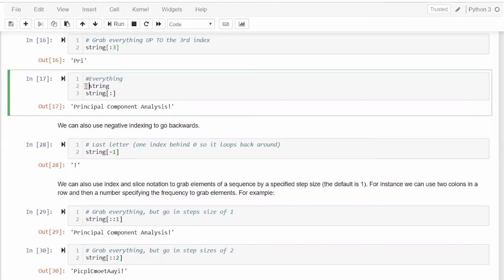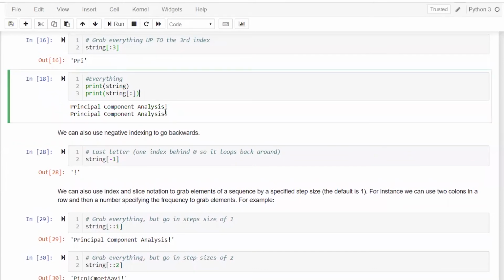I need to do print here, as I told you earlier, because without a print statement you will only get the last variable which you want to print. So here now I'm getting both of them. Either you can simply do string, or simply use the square brackets and the colon in between without specifying the end point and the starting point.